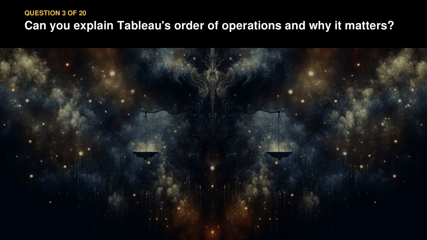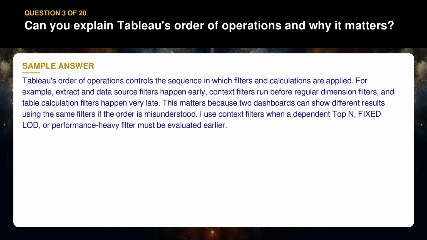Question 3. Can you explain Tableau's order of operations and why it matters? Tableau's order of operations controls the sequence in which filters and calculations are applied. For example, extract and data source filters happen early, context filters run before regular dimension filters, and table calculation filters happen very late. This matters because two dashboards can show different results using the same filters if the order is